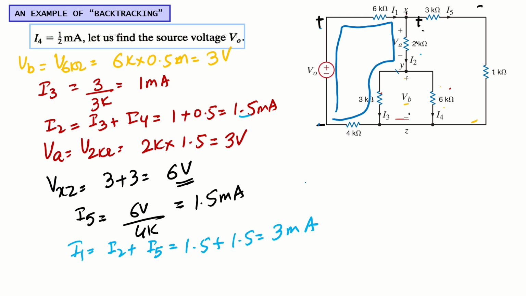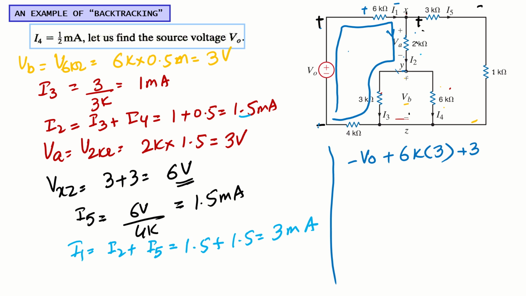So if we apply the KVL within this loop, that will give me the same current, right? The voltage drop. Okay, so let's start from this node. That will be minus V naught, then the voltage drop here, right? What is the voltage drop here? 6K times the value of current I1. What is the value of current I1? I1 is 3 milliampere. That will be the voltage drop here. Then I move to this point, so here I have 2K. What is the voltage drop here across 2K? This is 3K, right? 3 volt.